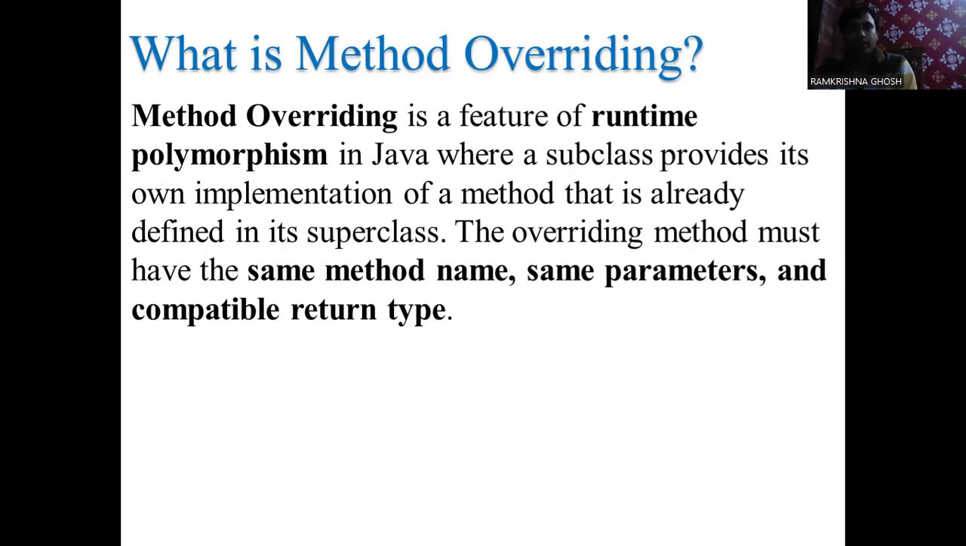Method overriding is a feature of runtime polymorphism in Java, where a subclass provides its own implementation of a method that is already defined in its superclass. The overriding method must have the same method name, same parameters, and compatible or same return type. Covariant return type. Compatible means